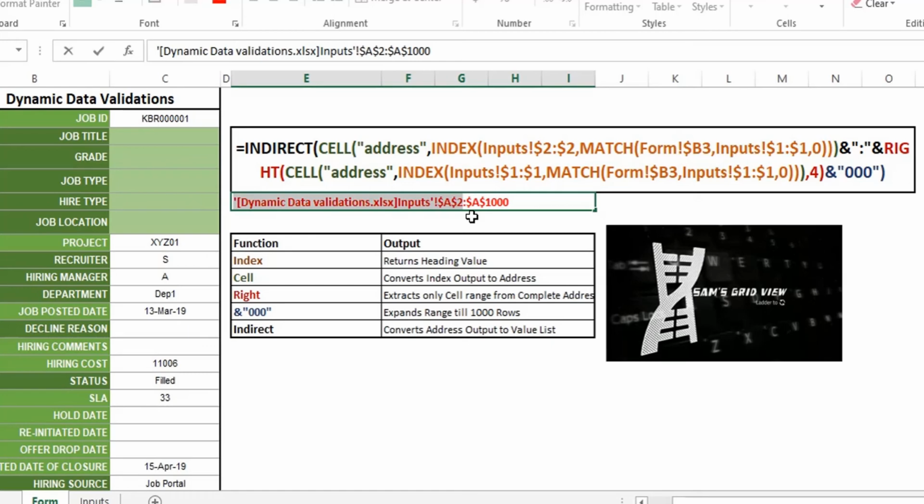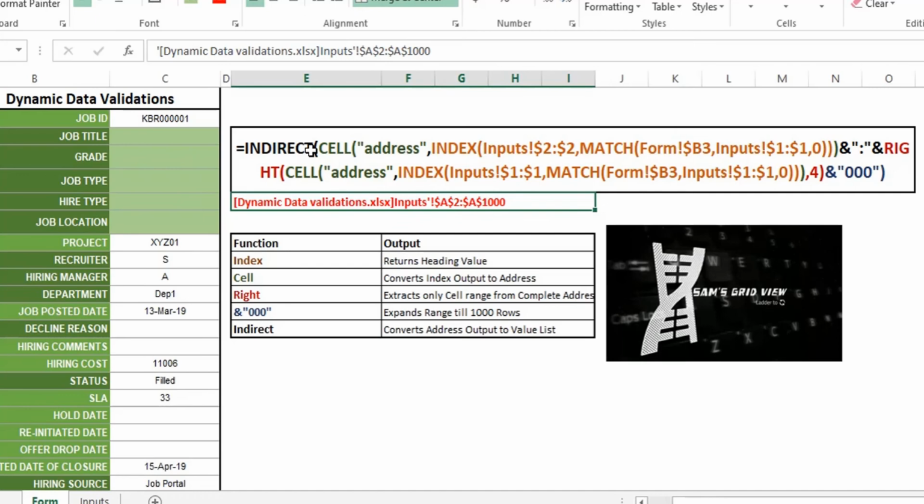Next, I have to expand this range to a certain static size, where I can define my list of inputs which need to be data validated. For that, I'm writing a formula here which will take this A2 to A1, and I'm just adding three zeros to it, which will automatically expand my range from A2 to A8000.